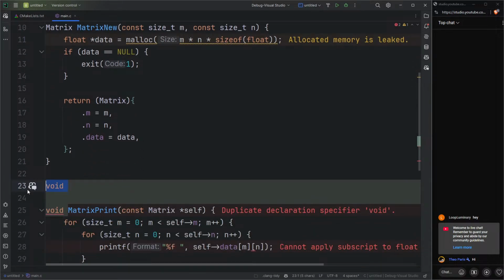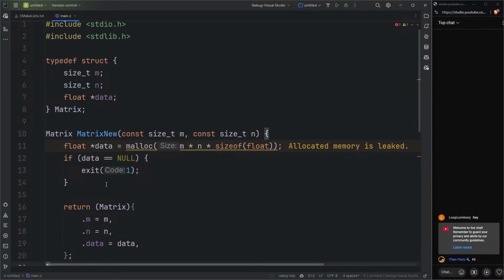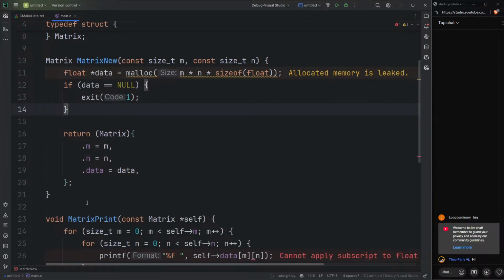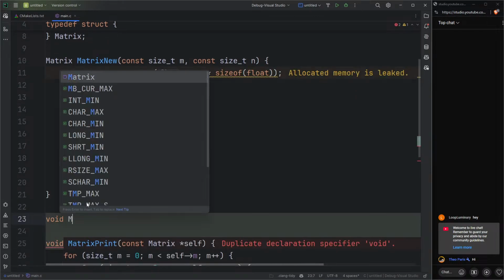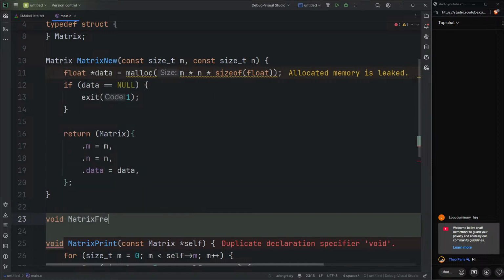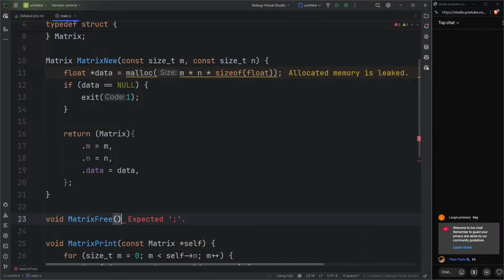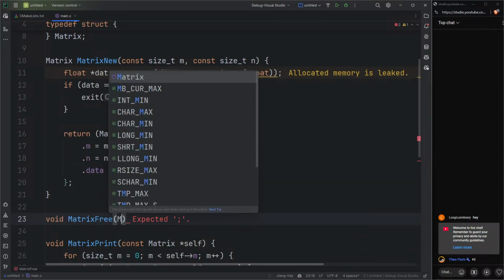In fact, well, let me not go into those details right now. Anyways, so void matrix destroy, or free, let's call it free, fine. So matrix free, and you give it some matrix,